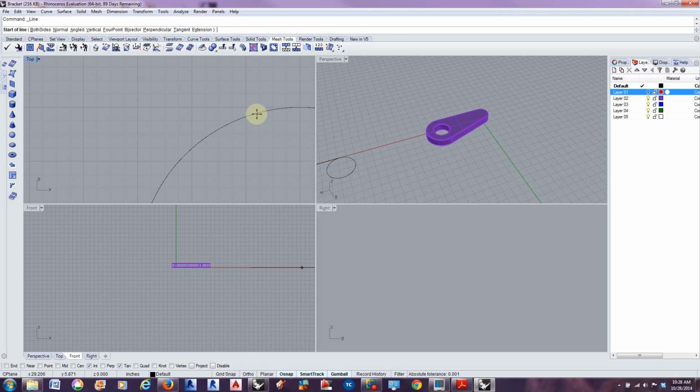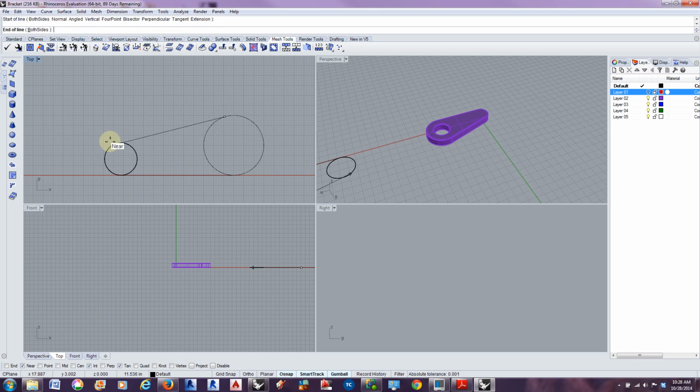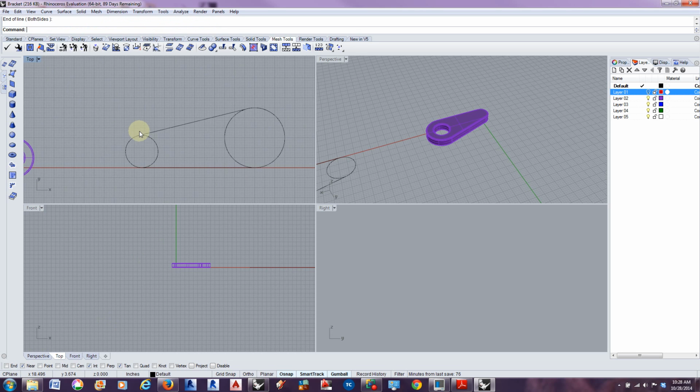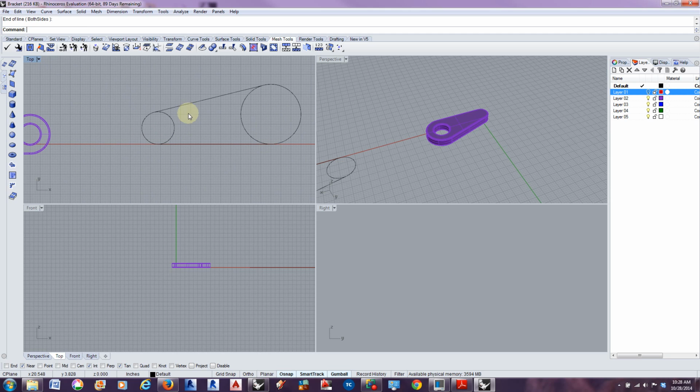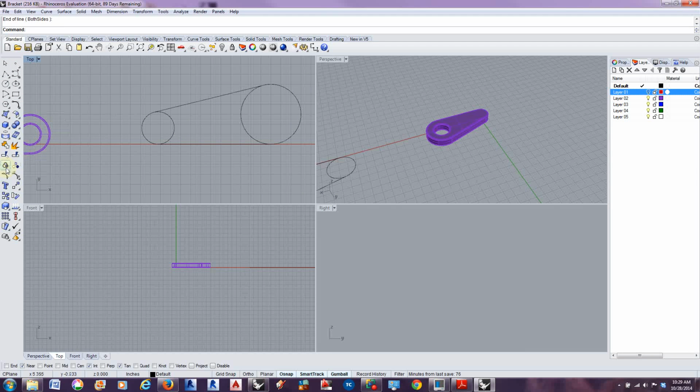Turn off my grid snap here. Thought I just clicked near. I'm using my near snap and then my tangent to kind of get that the way that I want. And now in our standard